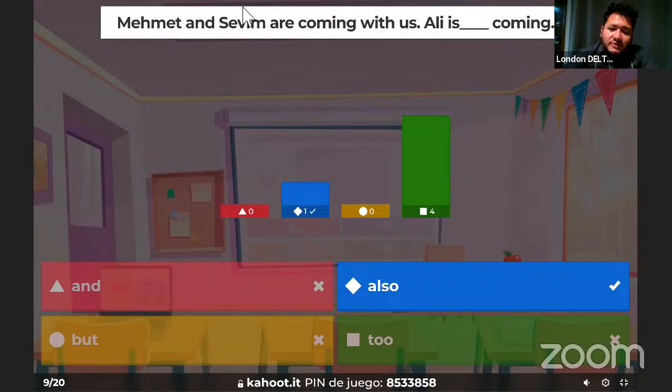Entonces aquí, por eso, ¿no? Dice, Ali is coming with us. Aquí sería mala idea poner and also. Entonces solo also está bien. Ok, otra cosa es que also no va al final de una oración. A diferencia de too, que sí puede ir al final, pero nunca en medio. So it's just like a thing of remembering how to use it. Ali is also coming. Ali is coming too.